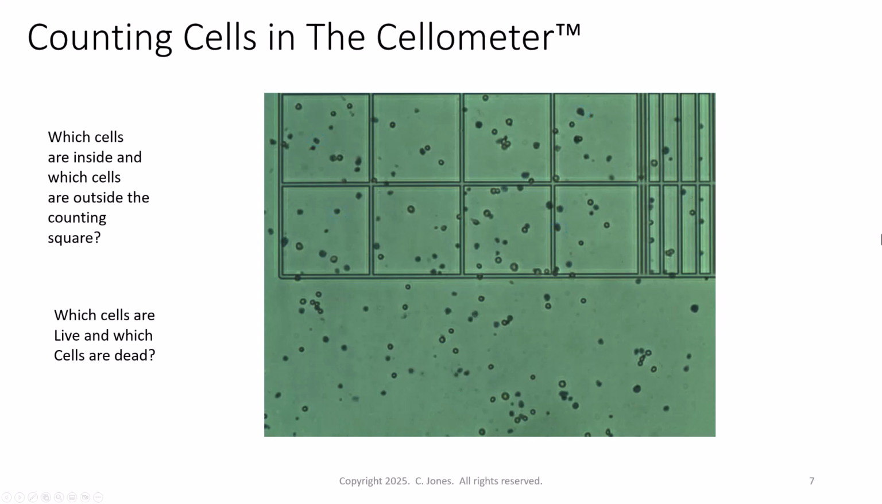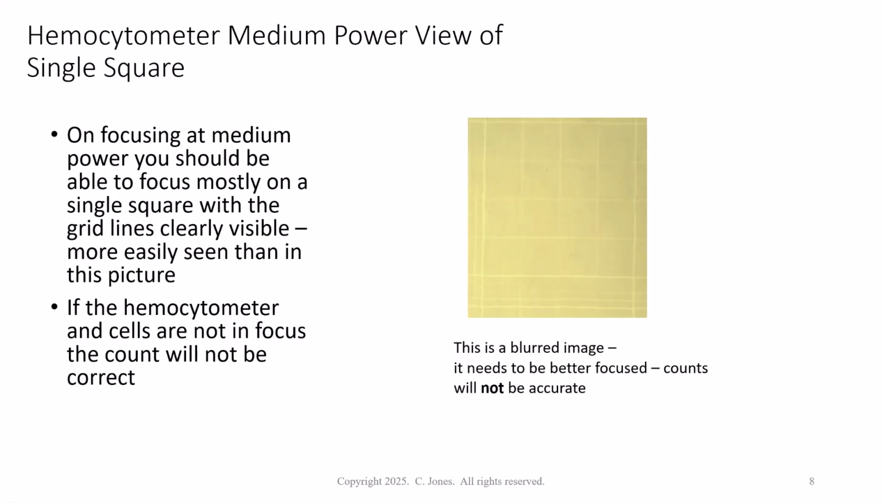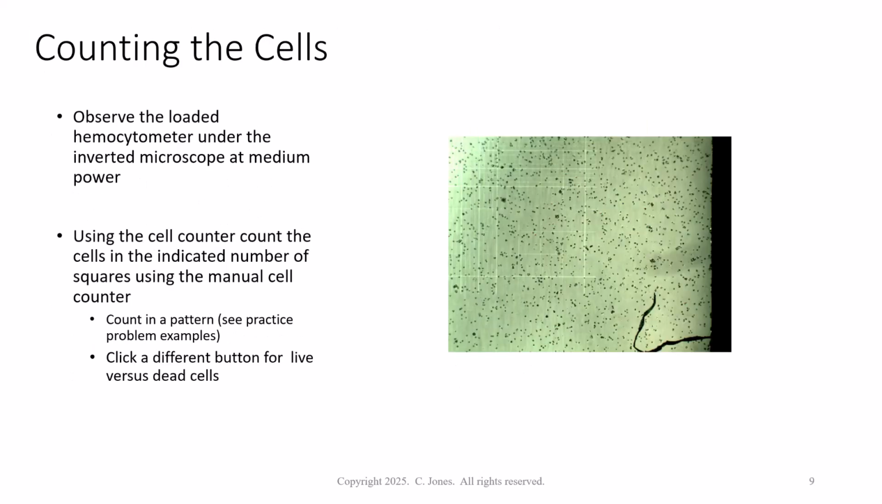Okay? All right. Now, I cannot emphasize enough how important it is to get a good, sharp focus on both the hemocytometer grids and the cells that you're looking at. If you were trying to count from this image, your counts would not be accurate. Your counts would be incorrect. So make sure that you focus clearly on the hemocytometer grids and on the cells. Okay, now,